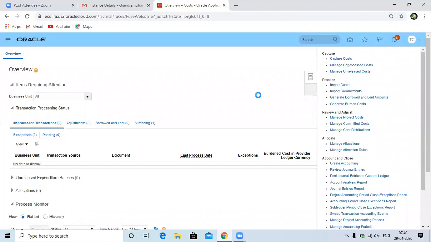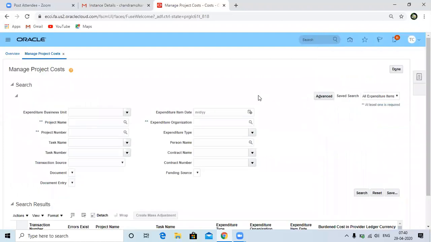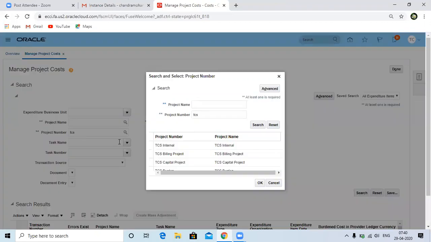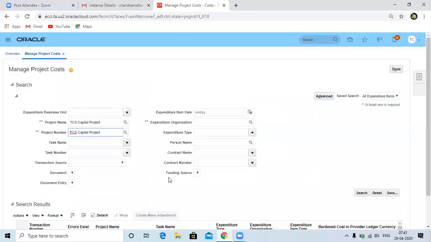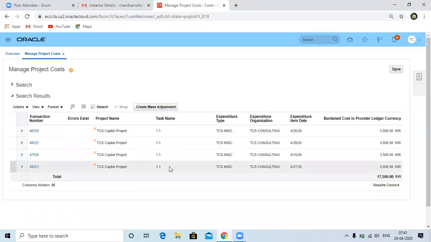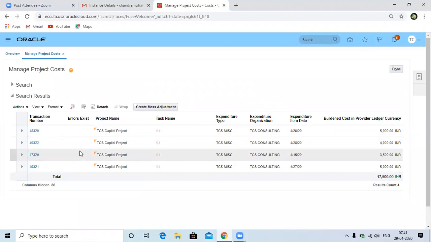Let's go to manage project costs. Okay, so these are the expenditures we have collected.